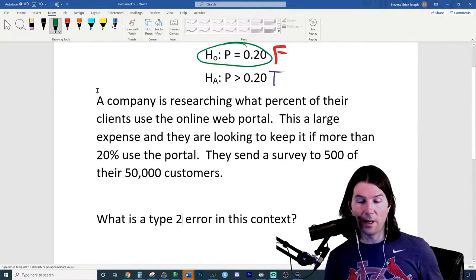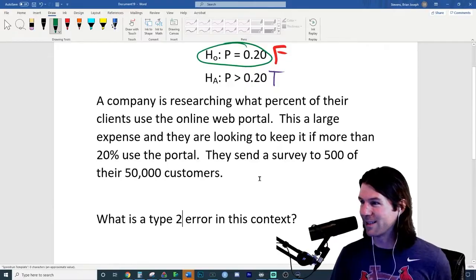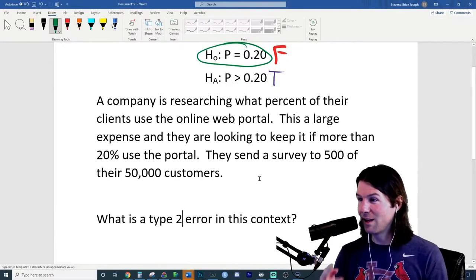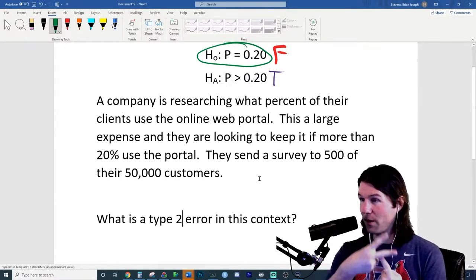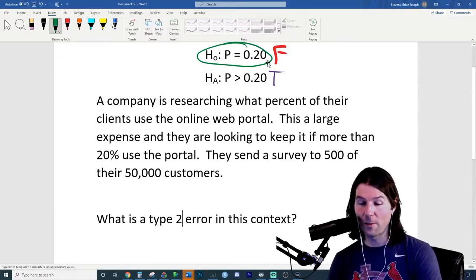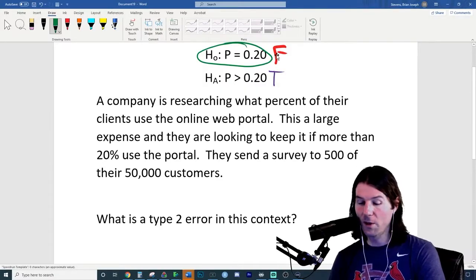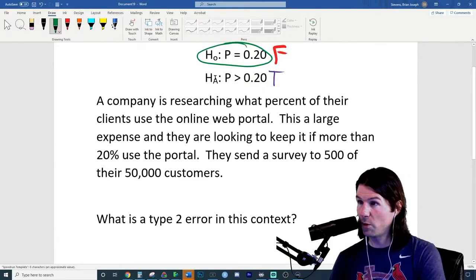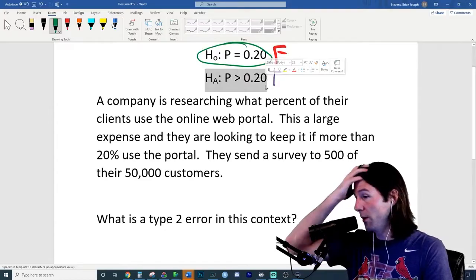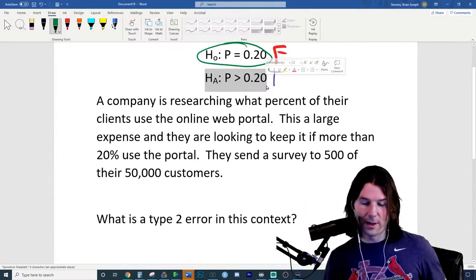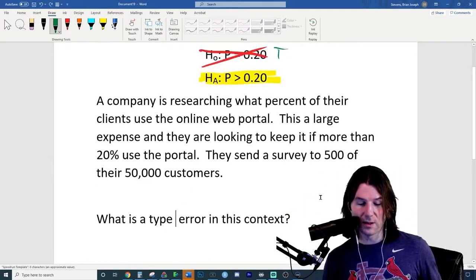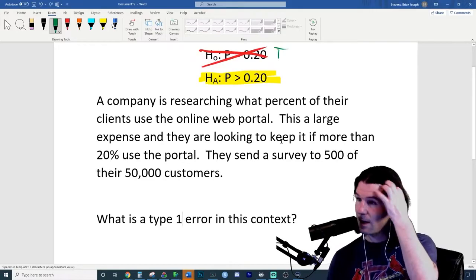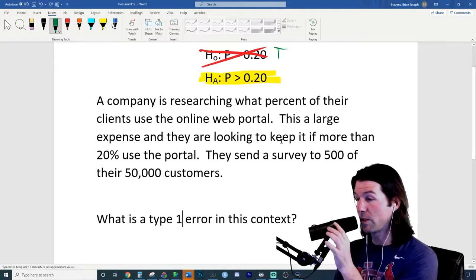So in the type 1 error, let's make sure, sometimes it's so easy to reverse these. In a type 2, the null is false and we fail to reject it. So the error we make right here is that we fail to reject this, but it's a false statement. It is true that more than 20% are utilizing it, so we should be investing more, but we don't. And in the type 1, I'm reviewing the tape in my head, I just want to make sure I said the type 1 properly. In the type 1, the null is true and we reject it.